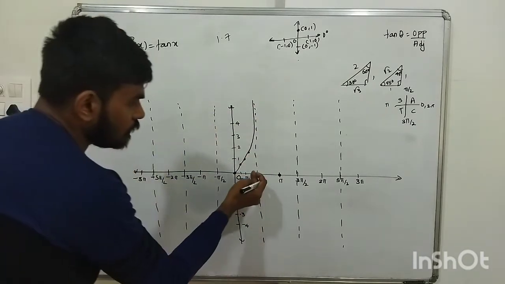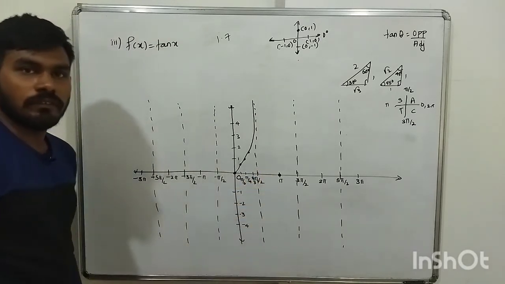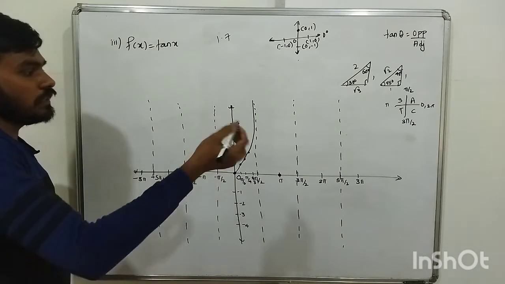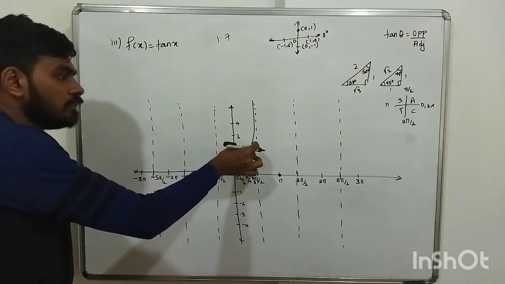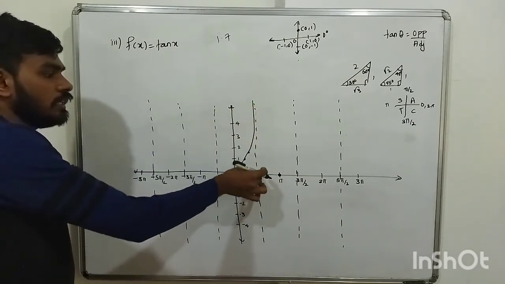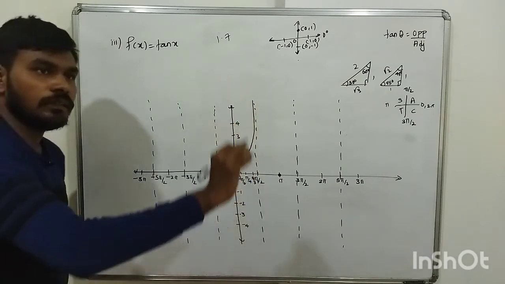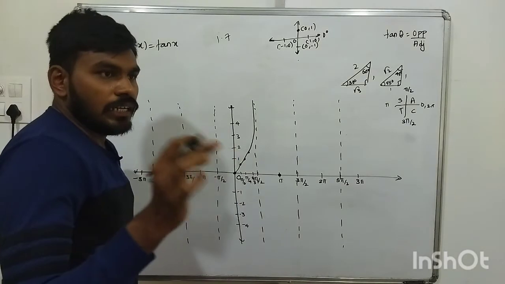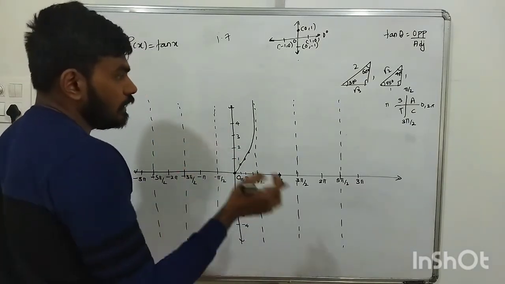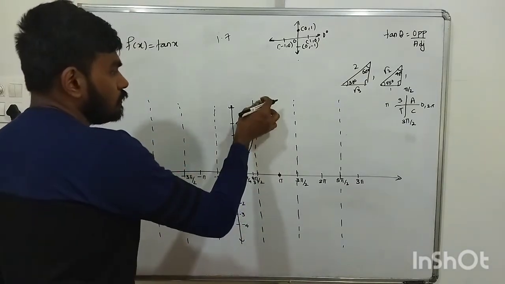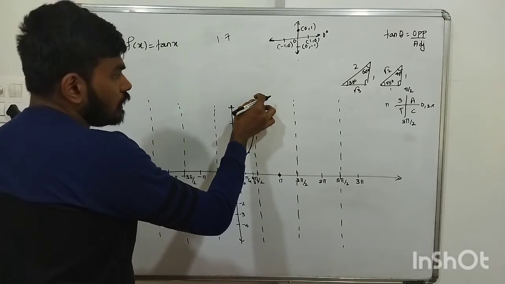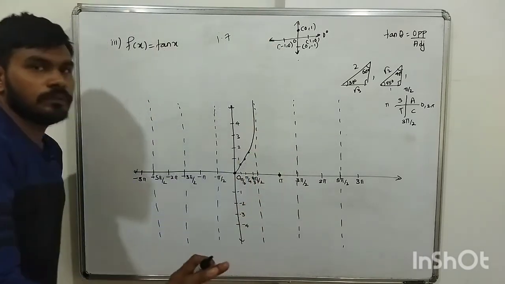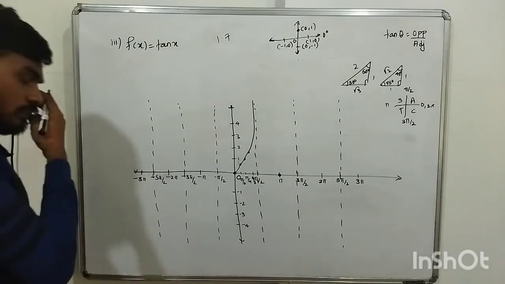For further values, that is after pi by 3, whatever values are there, okay, understood, no? That is after 60 degree, 70, 80, 90 degree, this will go on increasing here, 70, 80, 85, 86, 87, 88, 88.9, 88.9999 also, 89.9999 also, okay, values will be there, but those will be very big values, okay, and exactly at 90 there is no value in this.